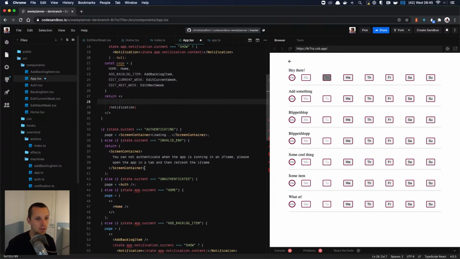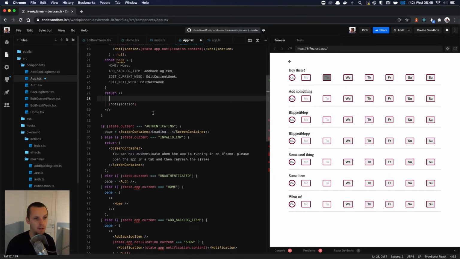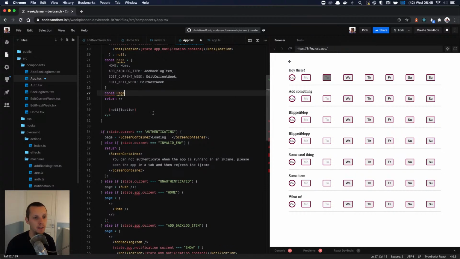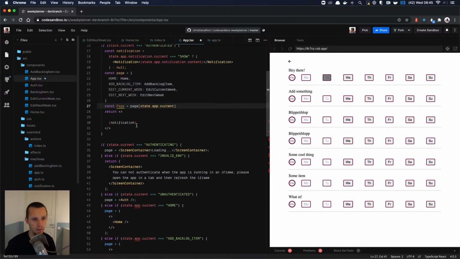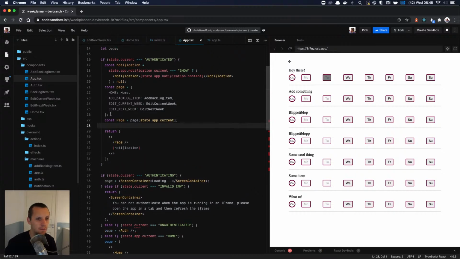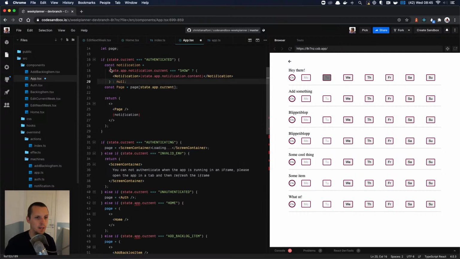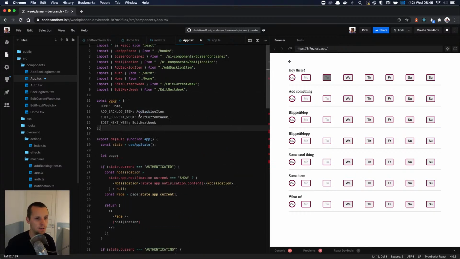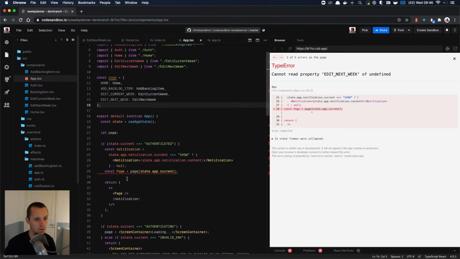Damn you, notification. You ruined my whole plan here. So basically what we should be able to do is say const page equals page and then state app current. But I think it will complain about, no, it actually understood it. That's epic. Okay, but this is good. Okay, so then we can move this page out here. But now he started complaining about it. Oh, offend define.